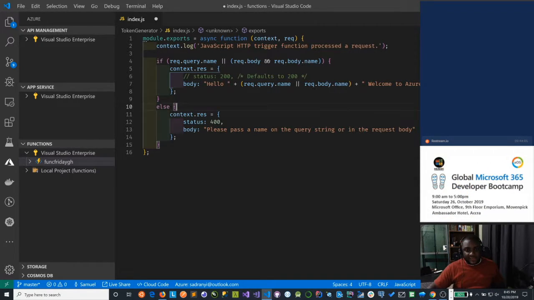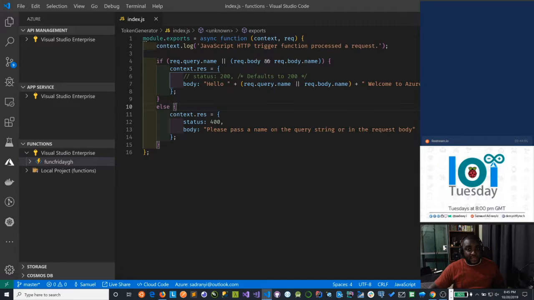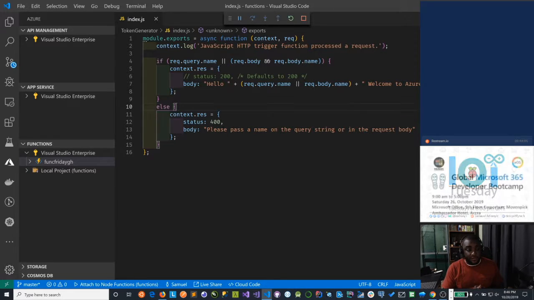So this is done. I'm going to save this. And to test the function, it's as simple as hitting F5 on your keyboard. Yep, just hit F5 on your keyboard. And once you do that, the function is running. Yeah, the function code is running. So right now,